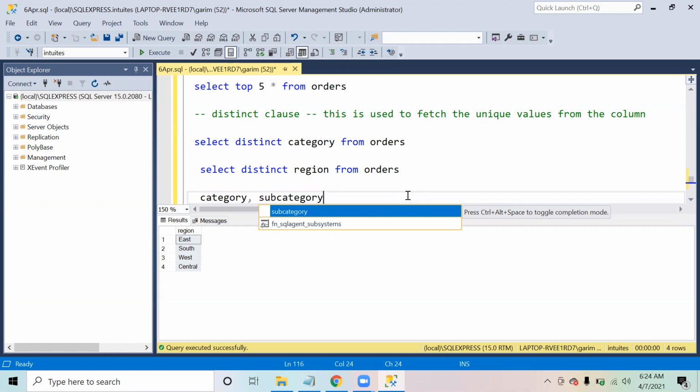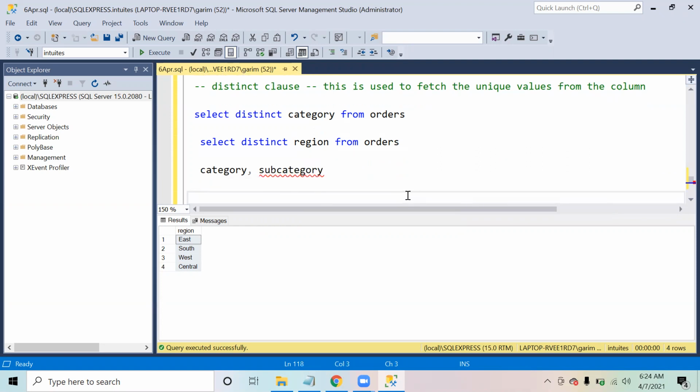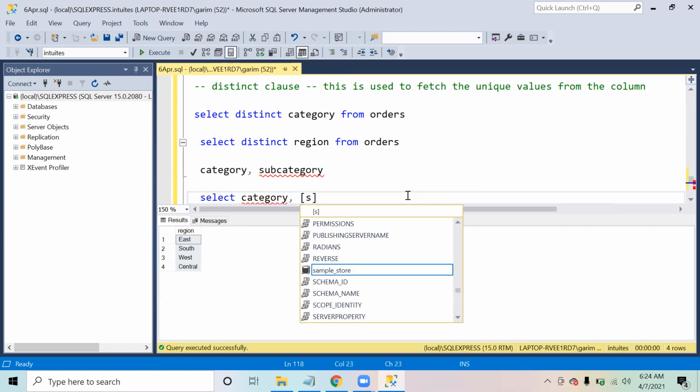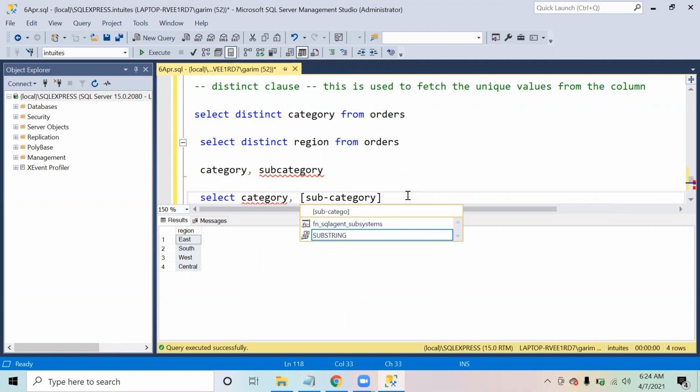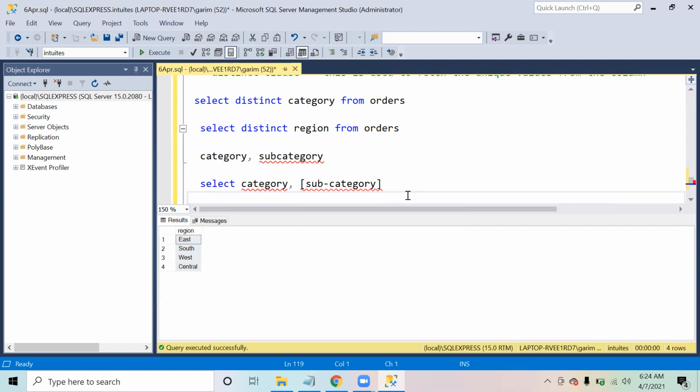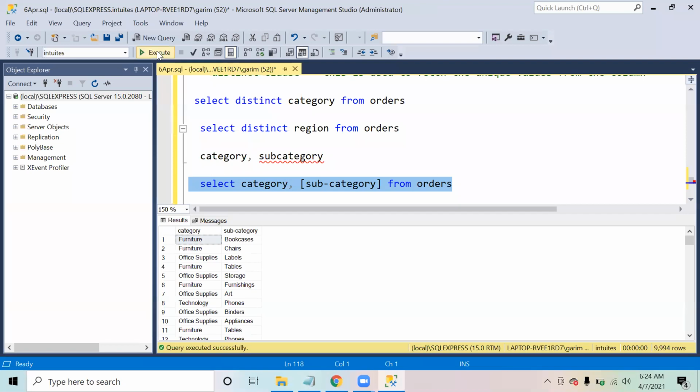Now you want to see what unique categories and subcategories you have. So I can say select distinct category, comma, subcategory from orders. Now, if I write this query, this is going to give me unique values of categories and subcategories.